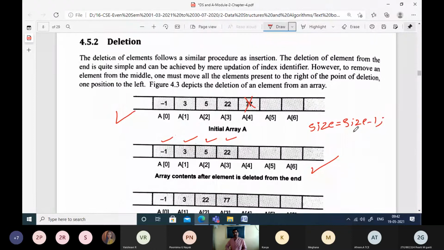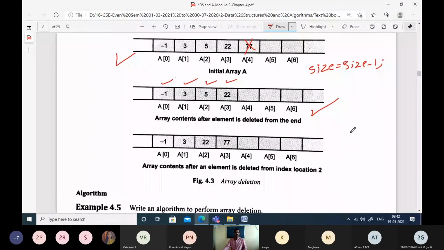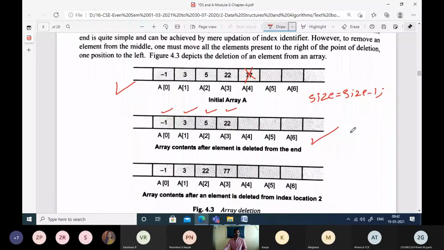That's it. But if the case involves deletion of an element somewhere in between, say for example, you are trying to delete an element from index location 2. If you consider this as the initial array, index location 2 is this one. That means you want to delete this element 5 from the array. When you delete element 5, a vacancy will get created.